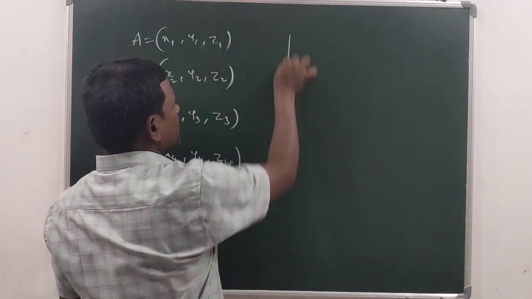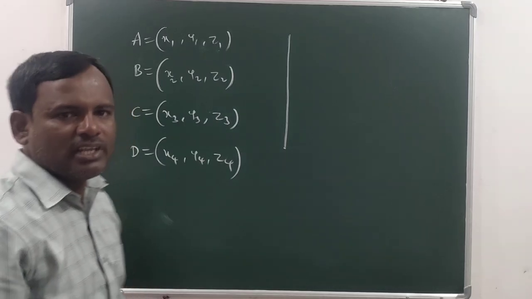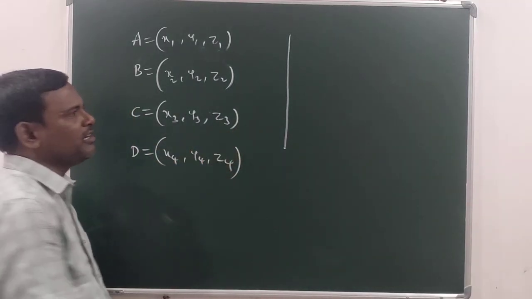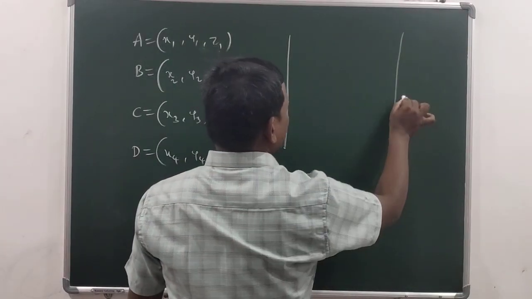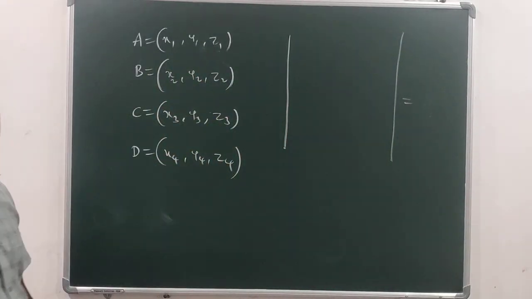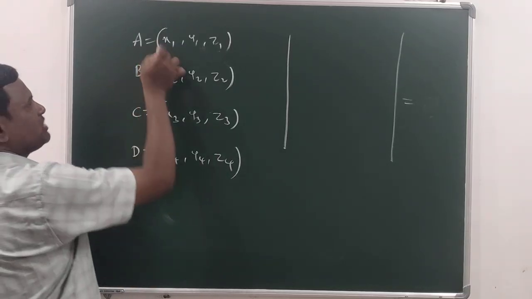Very easy, students. How do you check? You have to follow that 3 by 3 determinant only. Whenever these 4 points are coplanar, compulsorily you will get